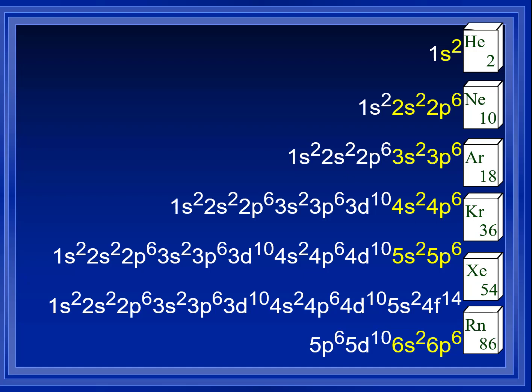Think about the next electron. Where's the next electron going for each one of those? Going into the next s orbital, right? So their outside energy levels are full. And that's why noble gases don't react, because they have full